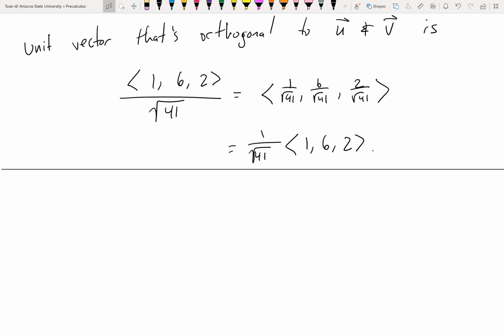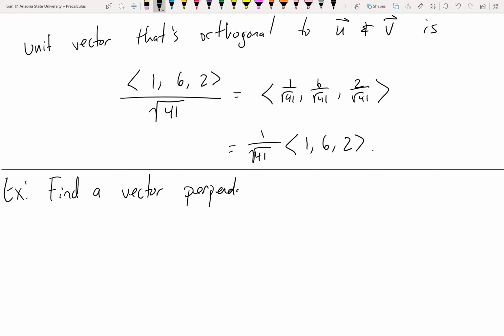Sometimes they may ask you to find a vector that's perpendicular to a plane. It's going to sound like the instructions are very different, but as our beginning exercise showed, a plane is just the same thing as two vectors, right? Because if you have a plane, you can find two vectors that define it. So for example, suppose I asked you to find a vector